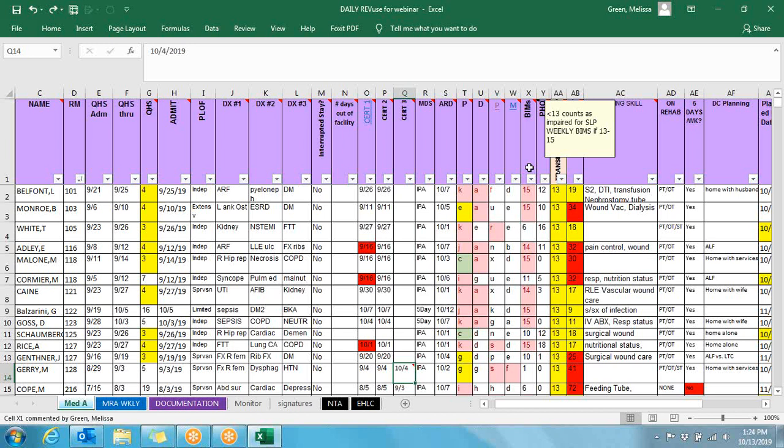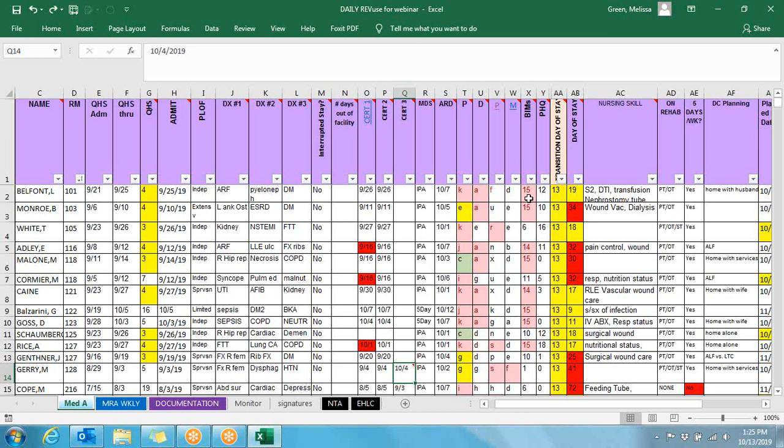They did the interview, they went in, they actually were all ready to record this on this tool. They were excited to tell everybody, hey, we're down to a 12. But if they had taken it one step further and told the MDS coordinator yesterday when they did it, we could have set the IPA yesterday and got the higher payment a day earlier. So we're not going to lose the payment. We're going to get it starting today if we set the IPA, but we could have got it yesterday